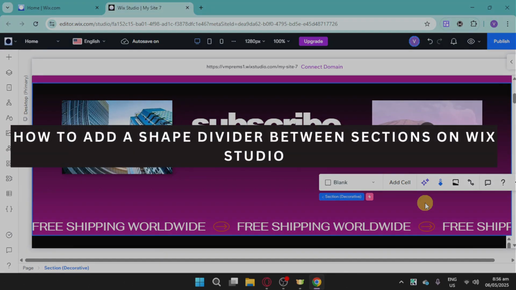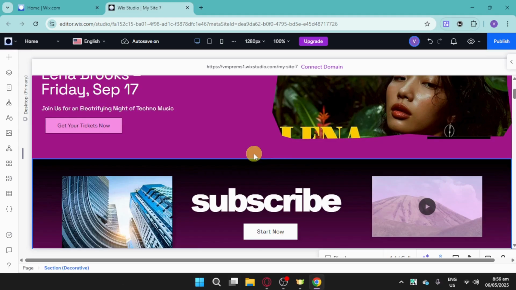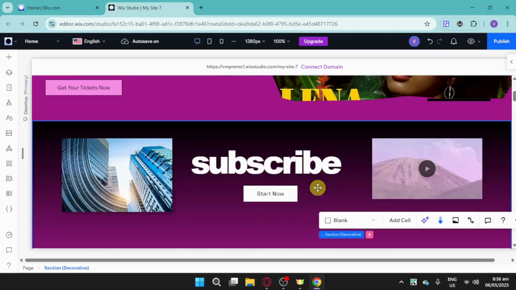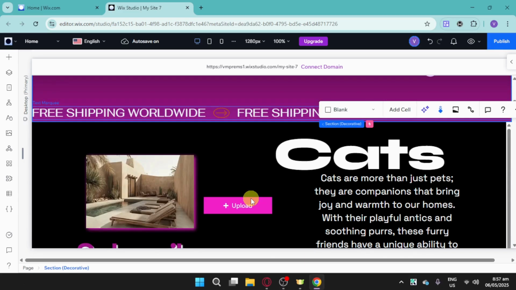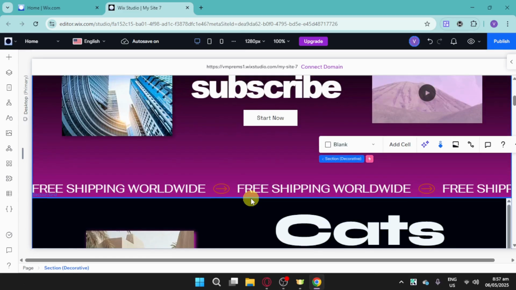How to add a shape divider between sections on Wix. So I have in here this section as well as this section and also another section below that. So if you want to add a shape divider, what we can do is you can just select on any